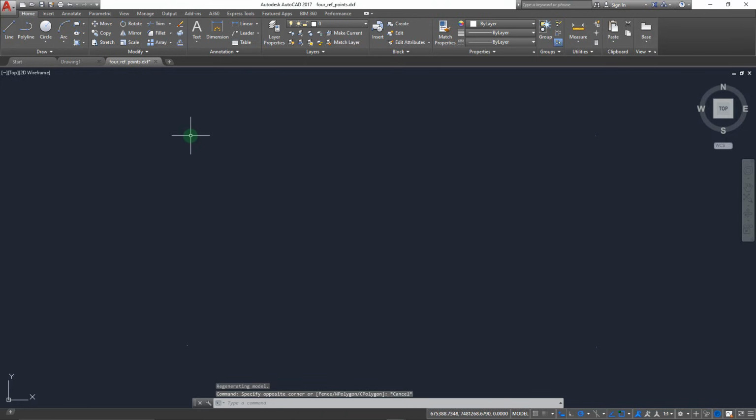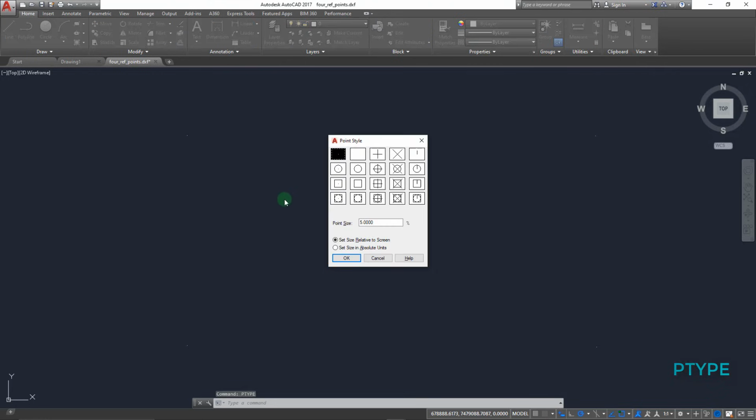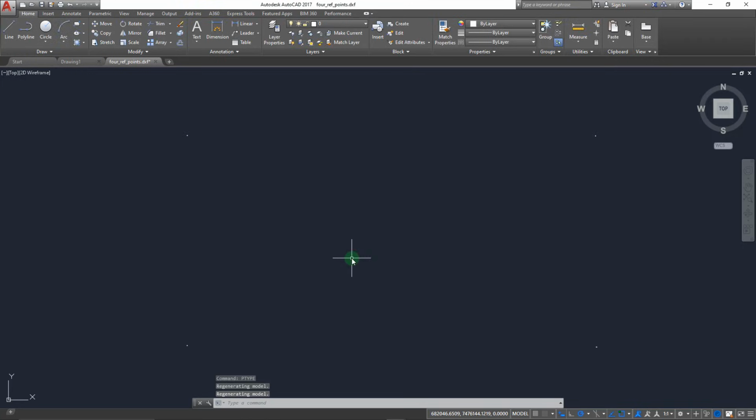Well, I'm not so sure whether you guys can clearly see the 4 points or not, but in my case I do see the points even though it's not so clear. But we can change the appearance of these points by using the command ptype. And of course we are going to go with this kind of a representation, and I'm going to change this to be set size in absolute units, and maybe I will change this to be about 20, and then click OK. Yeah, when we do that, you can see that the points actually got changed to a representation like